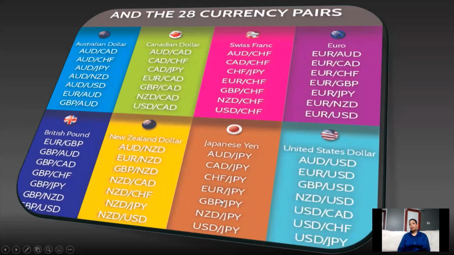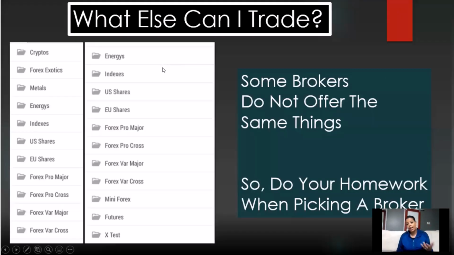What do you trade? You trade currencies, like I've been saying. This is a list of 28 currency pairs based on 8 of the markets that we trade from. The European market, the United States market, the Tokyo market, that was Japanese yen, right? The Tokyo market, the Australian market, everything on here is tradable. And you'll see how they're paired up. When you trade currencies, you trade them in pairs because, right, one currency has to buy the other, or one currency has to sell to the other. So it's in a pair.